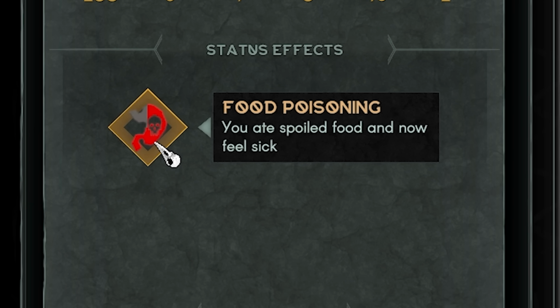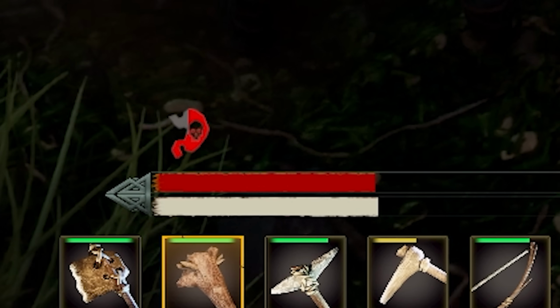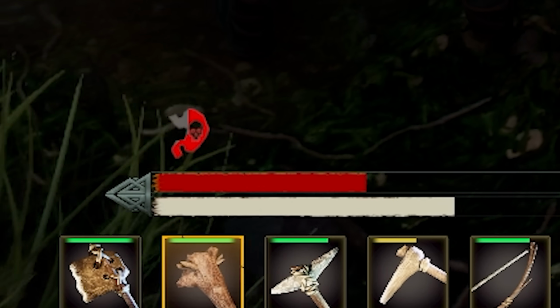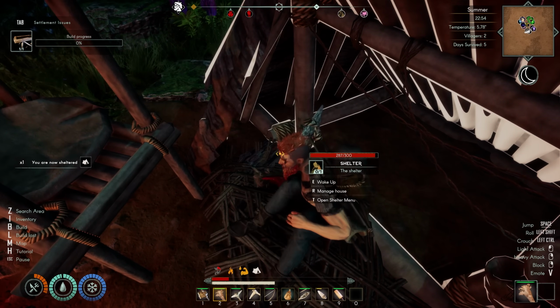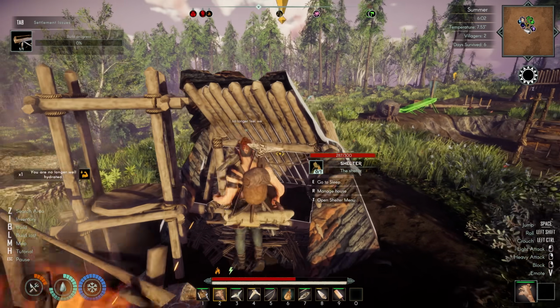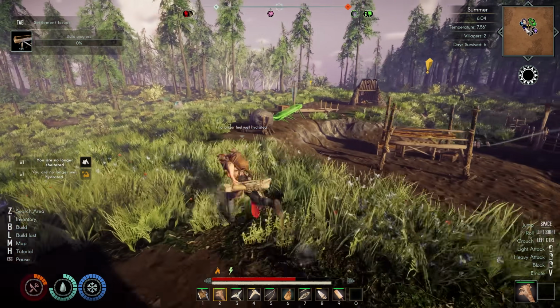Ah, man, I accidentally ate a bunch of raw food instead of cooking it, so I have food poisoning now. Not good for my health, which is decreasing. Oh boy, how do I fix this now? I guess I'm just gonna try and lay down for a little bit, see if I can sleep off this food poisoning. Okay, I had a very lengthy rest through the night there, and I've recovered some of my health,